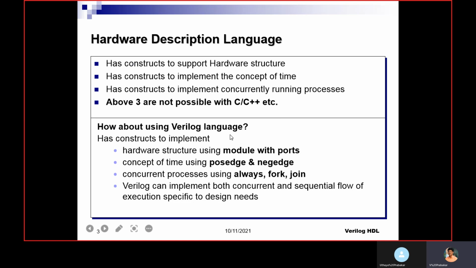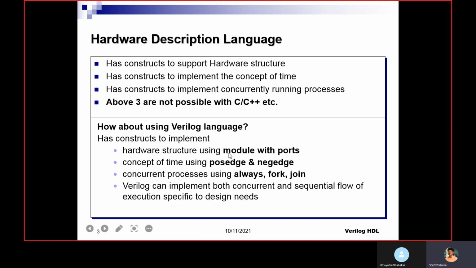How about the Verilog language? Whether these features are supported by Verilog, yes, it has the constructs to implement hardware structure using module with ports. We are using the keywords module and endmodule. Within that, we are going to implement the functionality.